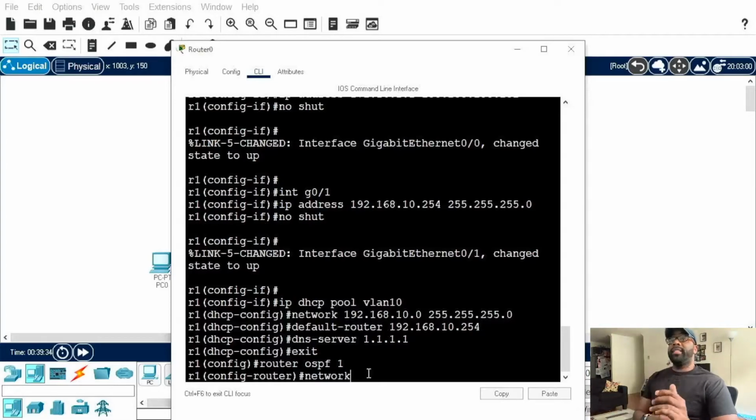Now, I went through the 8 things that you need to make sure are checked in order for that to happen, because if you don't have those 8 things checked or within compliance, then it's not going to form a neighbor relationship, right? So we're going to activate OSPF on the interface that's connecting router 1 to router 2 on that point-to-point link, right? So we're going to do